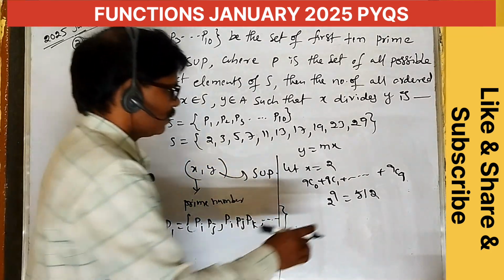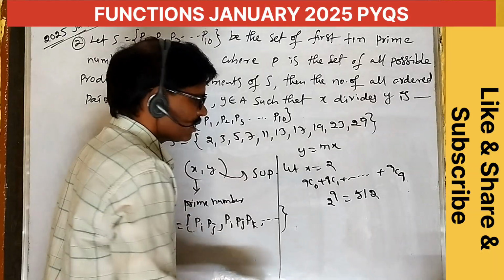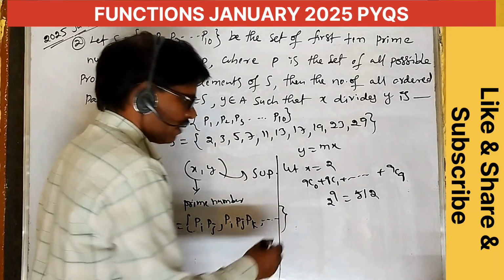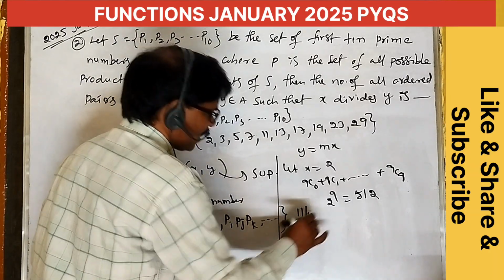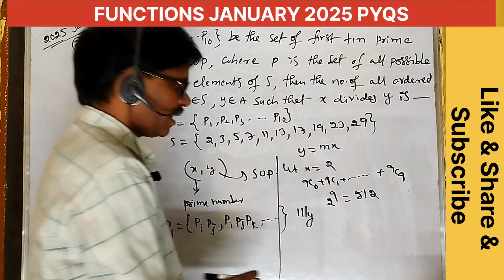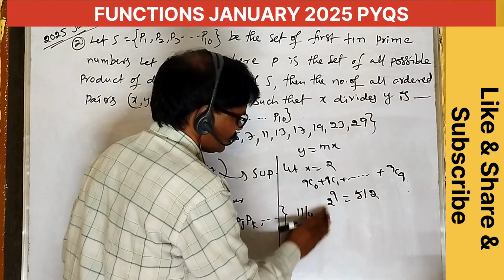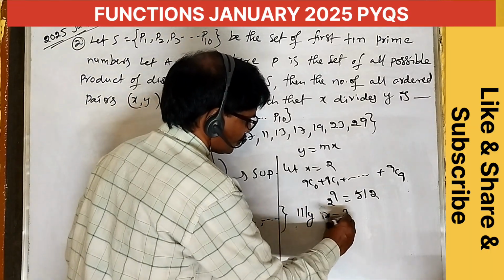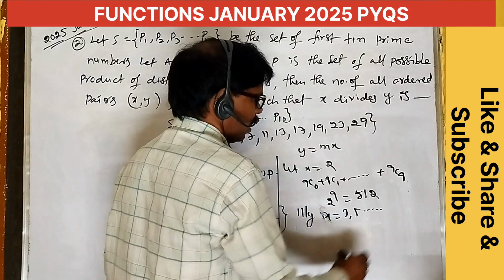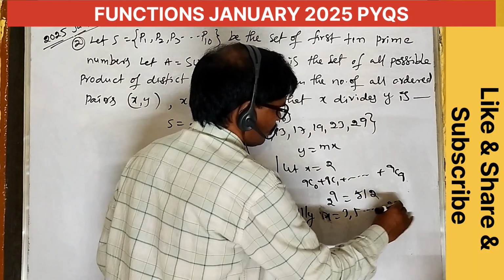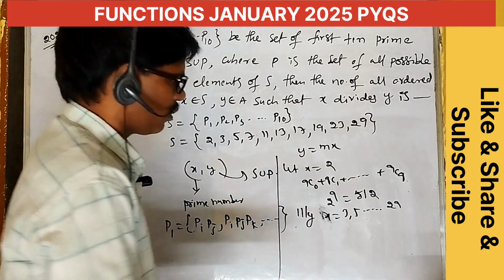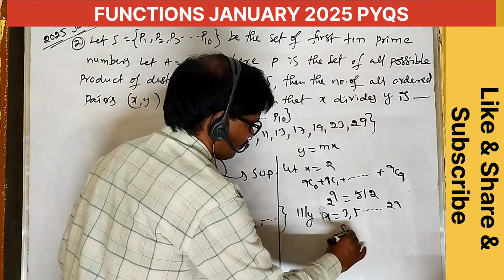Okay, next this is the 5 and 2. How many numbers are there? Total numbers is equal to 10. Similarly the remaining. Similarly, x is equal to 3, 5, and so on up to, how many numbers are there here? 20 numbers. So the same will be this one. Same answer.